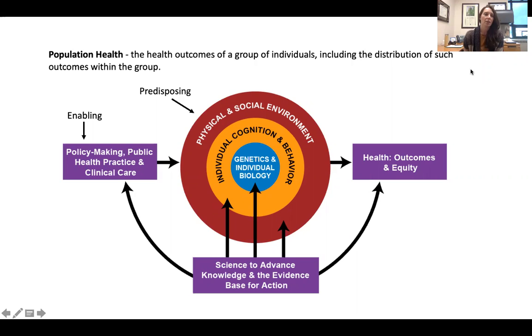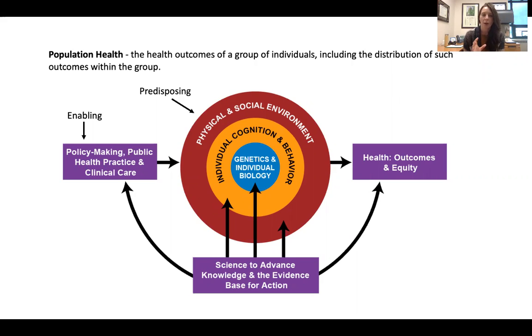So this week we're going to be talking about population health. It's like the holy grail of healthcare and what we're supposed to be doing. Those of us that are in clinical positions, administrative positions, we have really focused on shifting our attention to not just outcomes for the individual, but outcomes for the population as a whole. So a definition of population health is the health outcomes of a group of individuals, including the distribution of outcomes